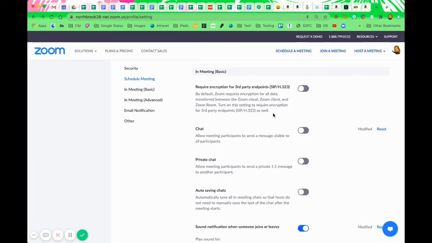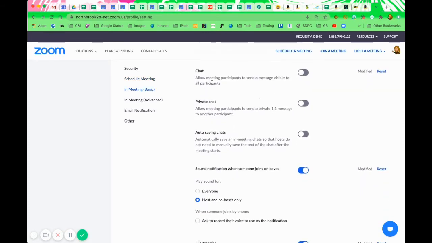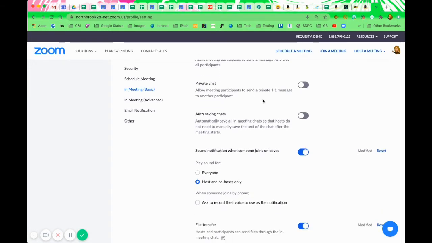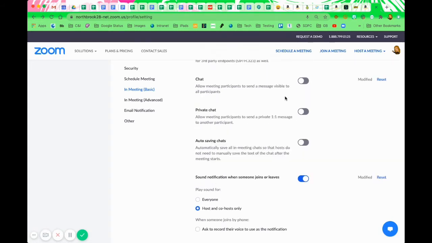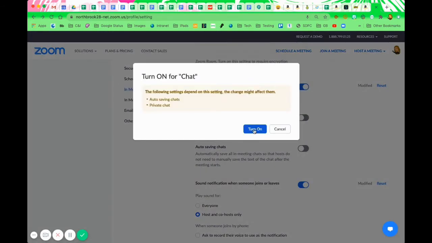Moving down to in-meeting basic. Lots of choices for you here. You can allow your participants to have the chat feature or not. Right now it's turned off. Private chat, I suggest keeping that off so we don't have students private messaging. In the chat, if I do toggle that on,